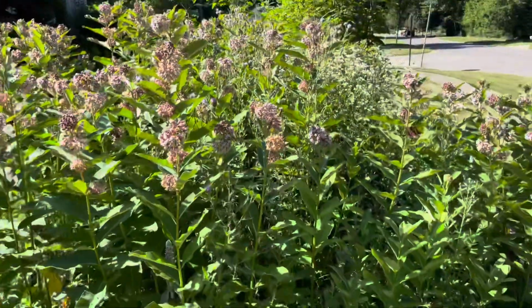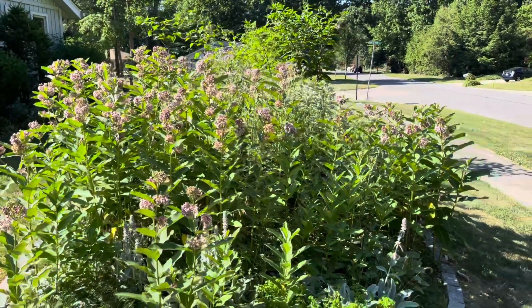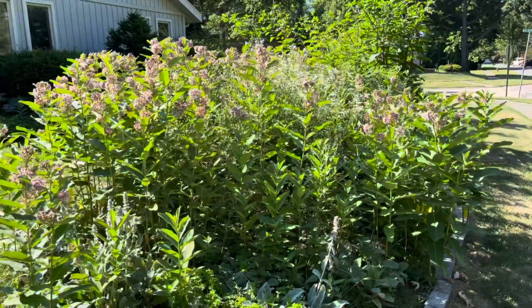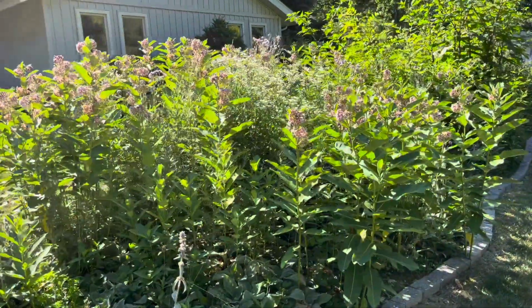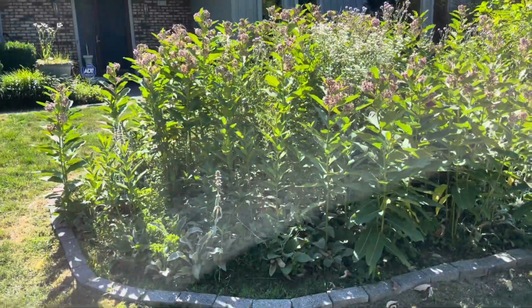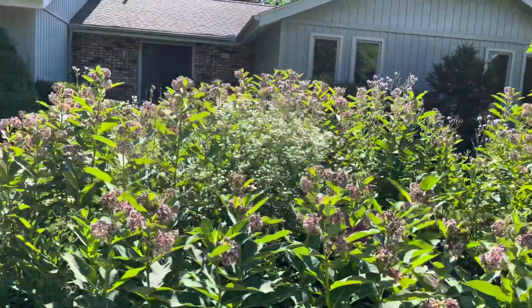Yeah, but there's the milkweeds. We did send these milkweed seeds. They get tons of seed pods. We did send some of these off to some fellow YouTubers. If anybody wants any, we get literally hundreds and hundreds of seed pods. And they are quite gorgeous when they fill in like this together. Now we've got a bunch of little wild daisies in the middle, that little white stuff there, which is